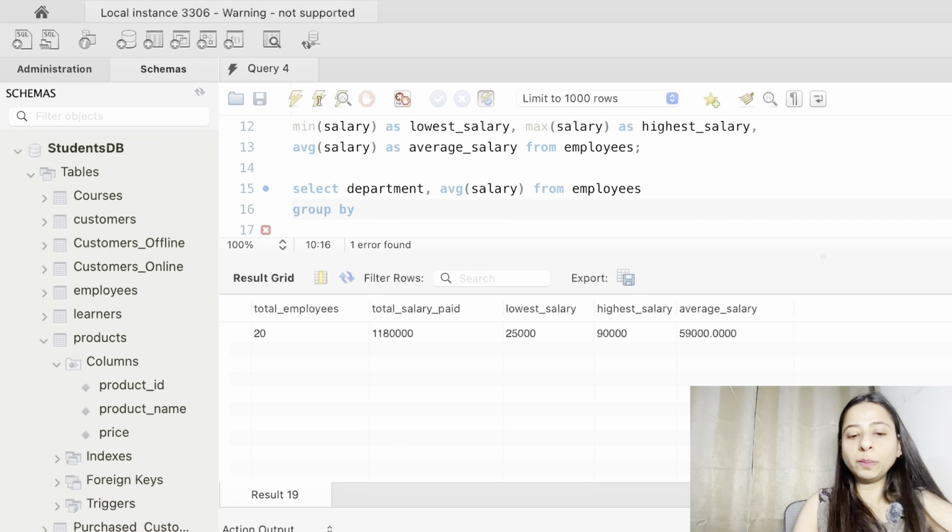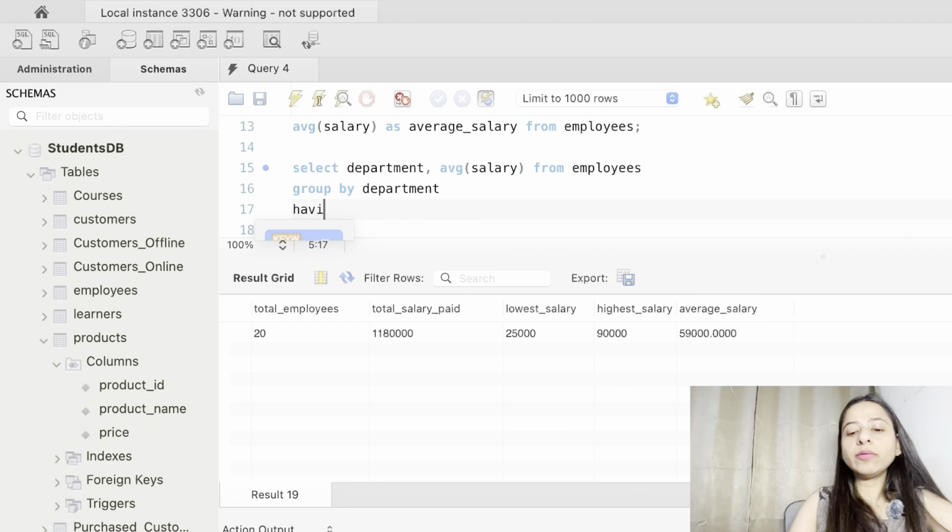So we will use group by department, and let's say we just want to have the average salary above 50,000. So we will just write having average salary greater than 50,000.